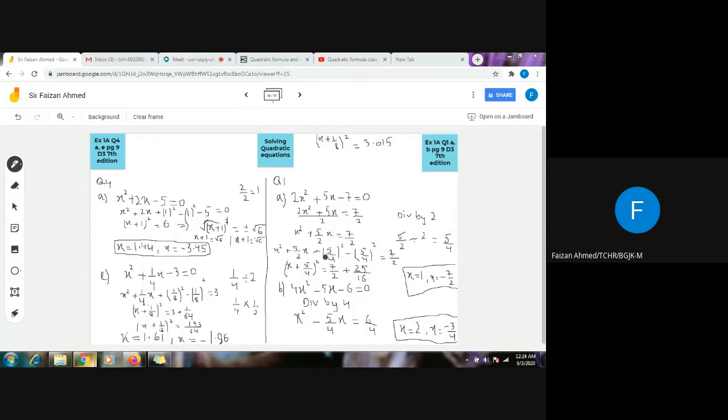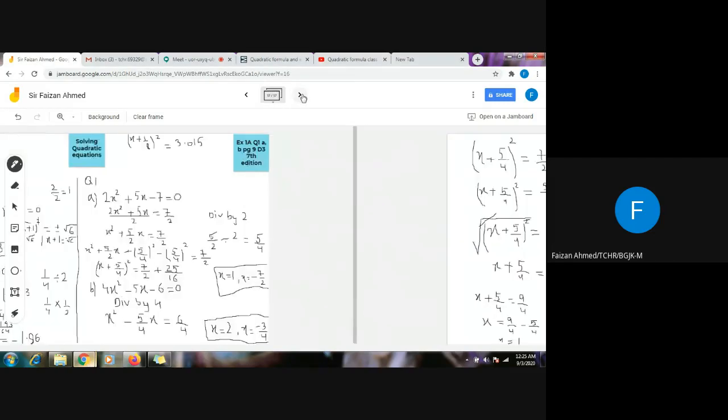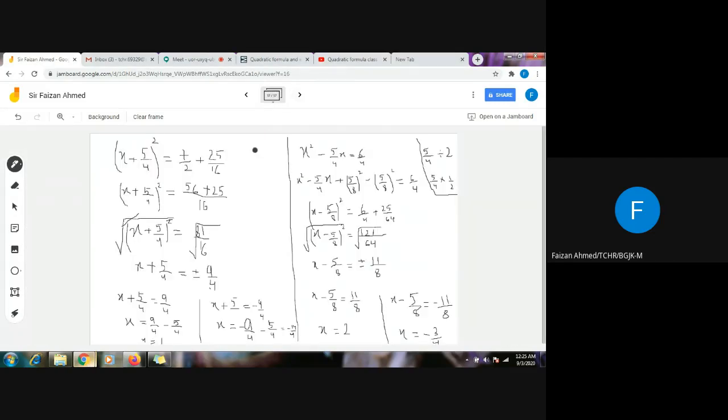These three terms will form an identity automatically, and I will just have to close it. The value of a is x, the value of b is 5 upon 4, and the sign of the middle term is positive, so my identity is x plus 5 upon 4 whole square. This is 7 upon 2 as it is, and this minus 5 upon 4 whole square will shift on the other side. It will get positive. Square of 5 is 25 and square of 4 is 16. I have solved it on the next frame.